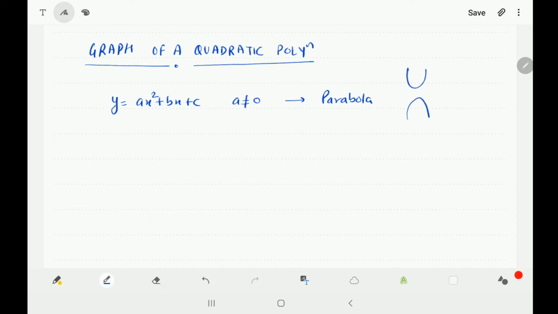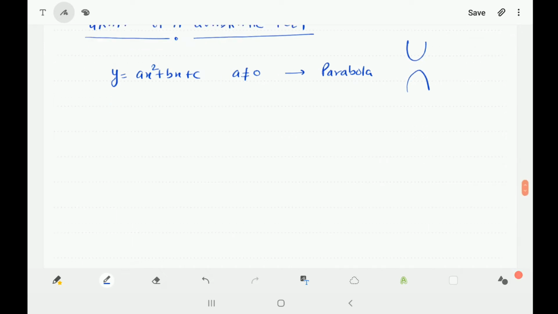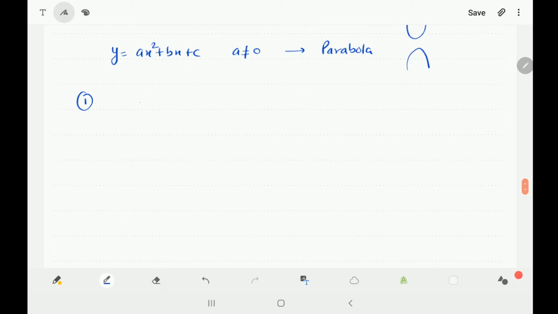So to draw a parabola y is equal to ax square plus bx plus c, what are the necessary steps? I am stating it right now. The first step is if a is greater than 0, a we call the leading coefficient also, then the parabola will be opening upwards, or we can call it an upward parabola. If a is less than 0, then the parabola will be downwards, or we can call it a downward parabola. So the first thing you can easily check is that if a is greater than 0, the parabola is upwards. If a is less than 0, the parabola is downwards.